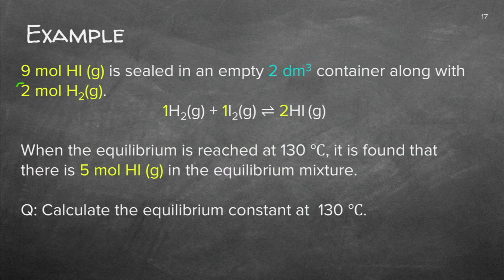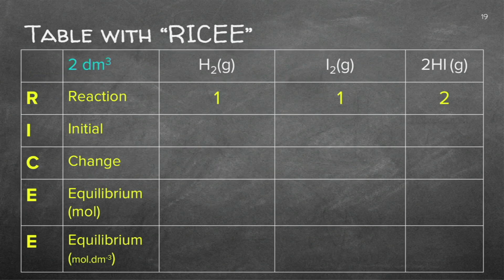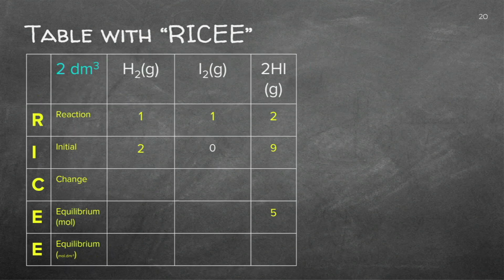Right, I've got 9 of that and I've got 5 that's remaining. So let's go and put that in. My relationship is 1 and 1 to 2. Can you see there? I do that immediately. I started off with 9 of this, 2 of that, and I've got 5 there. Now immediately you know the 5 that's left is minus 4. Do you see? That's what changed. If minus 4 is here, it actually went to the reverse side.